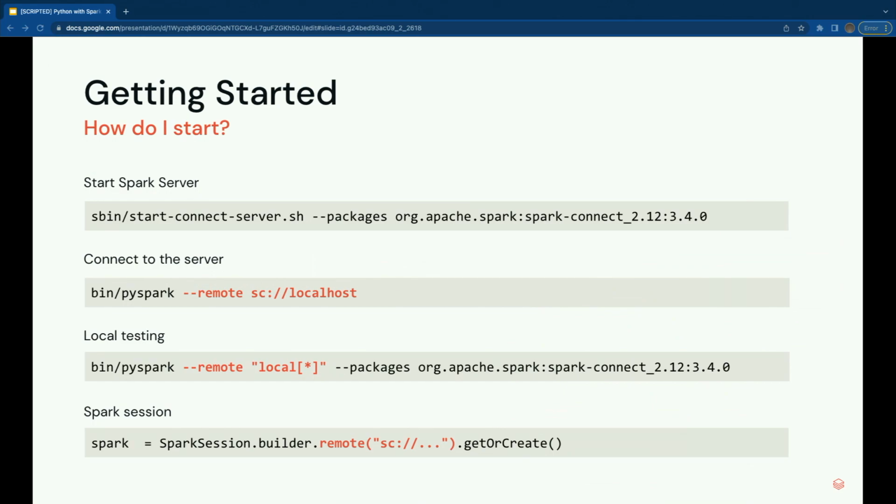First, we need to launch the Connect server. We provide a script named start-connect-server to accomplish it. It utilizes the Spark plugin mechanism to initiate the Spark Connect server as a Java plugin. Then on the client side, we can establish a connection to the server using the standard command pyspark along with